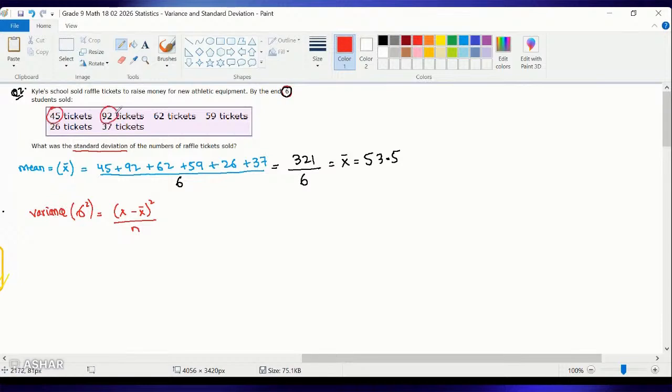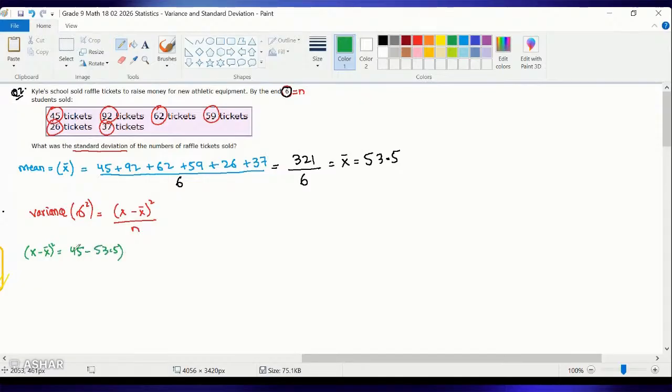X are the scores, right? So there were 6 scores, n is 6. There were 6 numerical values, right? So in order to find this, we can say x minus mean squared should be equal to, what is the first score? 45 minus